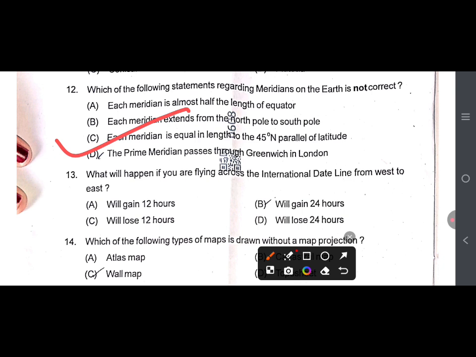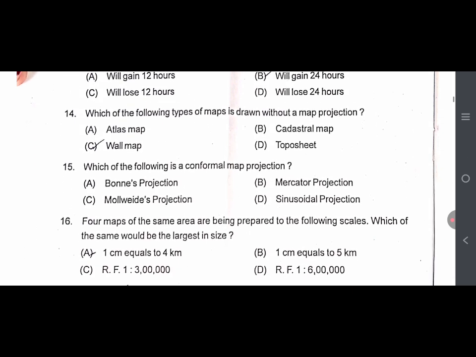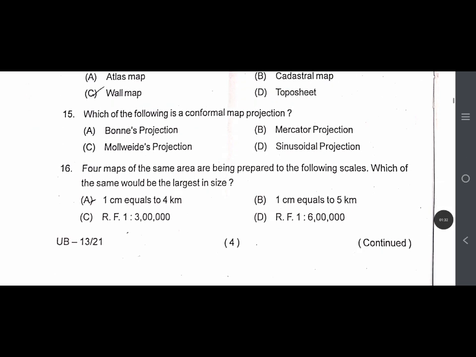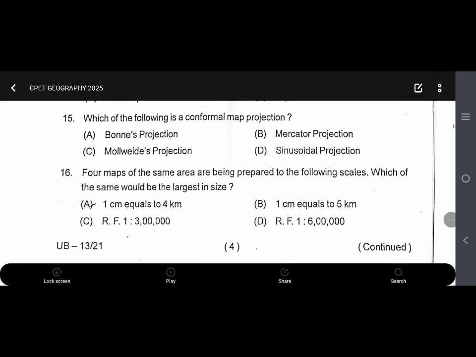Question number 13. What will happen if you are flying across the international date line from west to east? ठीक आंसर टी हबो ऑप्शन ए। 14. Which of the following types of map is drawn without a map projection? ठीक आंसर टी हबो ऑप्शन डी। 15. Which of the following is a conformal map projection? ठीक आंसर टी हबो ऑप्शन ए।